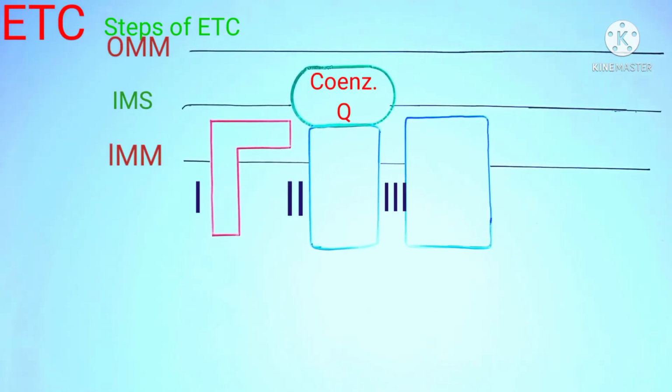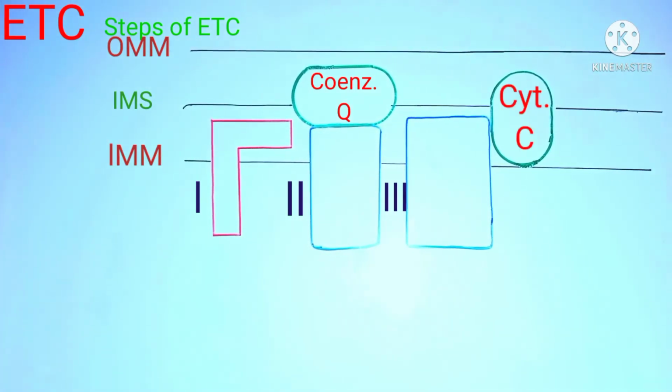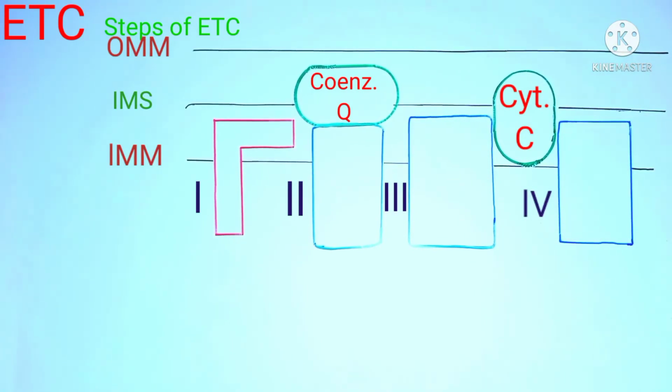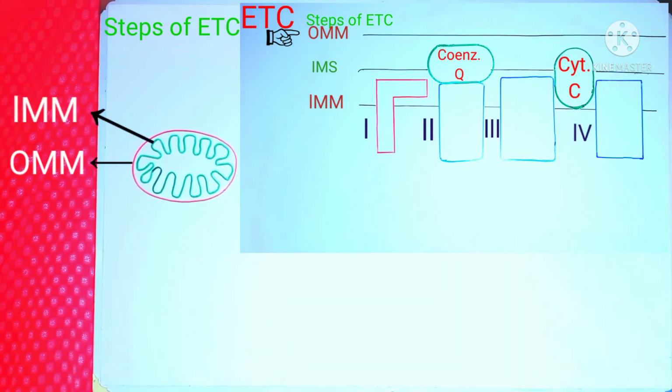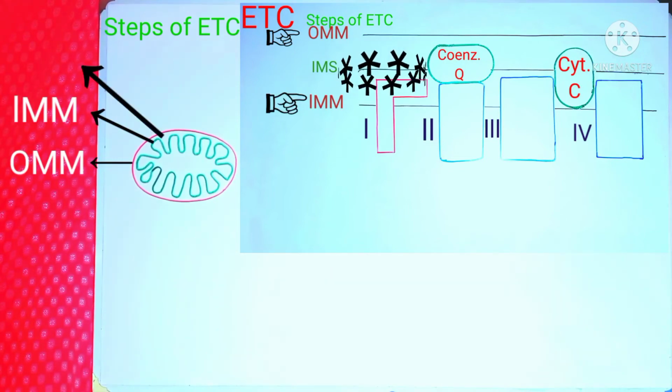There is a diagram which sketches the membranous structure of the mitochondria as well as the organization of the different electron transport chain complexes. When we relate it to the structure of the mitochondria, we can visualize that the outer mitochondrial membrane is represented here. On the inner side, here is the inner mitochondrial membrane, which is shown by the space between the bottom two lines of the diagram. The space between the inner and outer mitochondrial membrane is the intermembrane space, which is represented here,